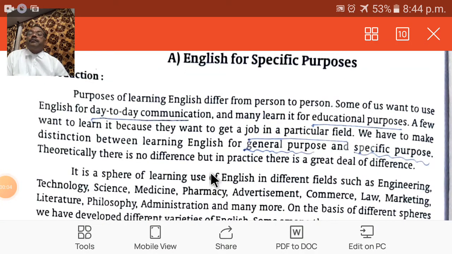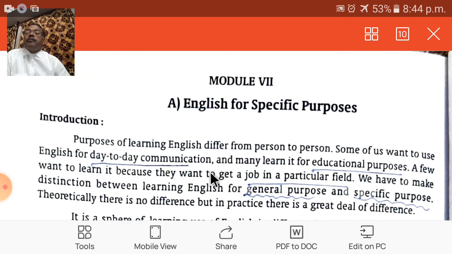Students, we have completed two units. One is business communication, correspondence, and telephonic communication. The third and last unit under communication is English for specific purposes. We know that